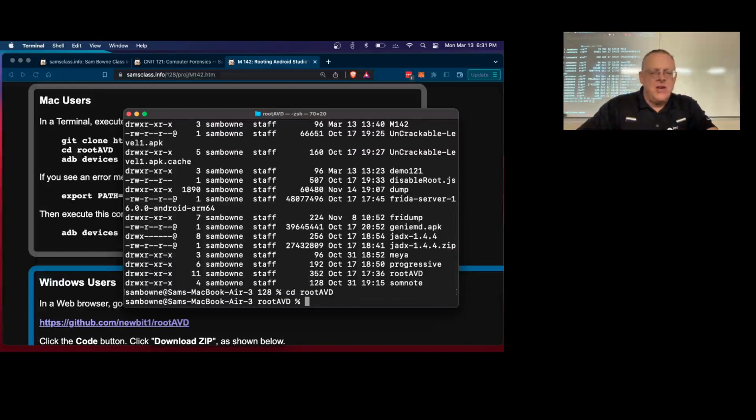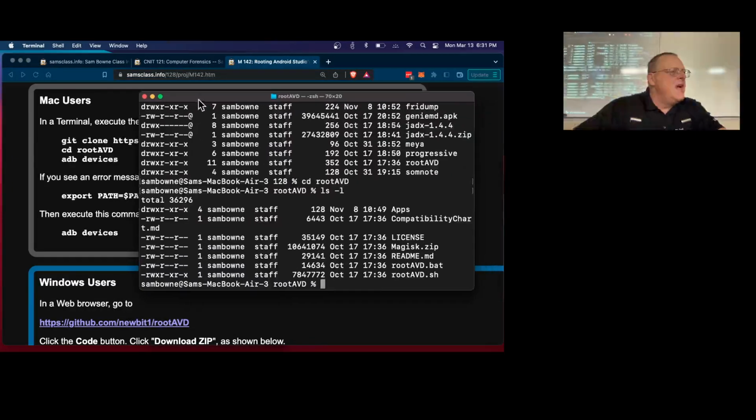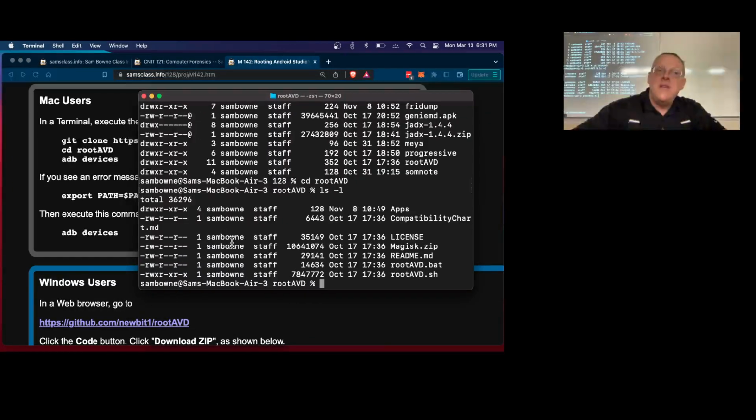After you clone it, you go in here, and you'll see there's an apps directory, and things like a license and something called magisk.zip. And there's a rootAVD script that runs on Windows, the batch file, and on Linux, the sh file runs. So, all right, now you have to connect to your device with ADB, which